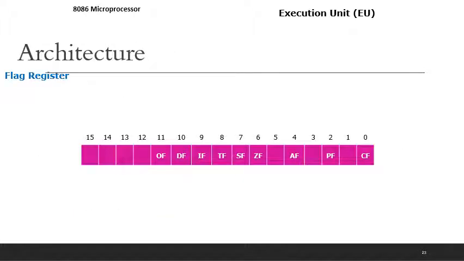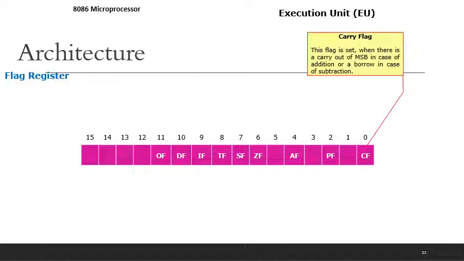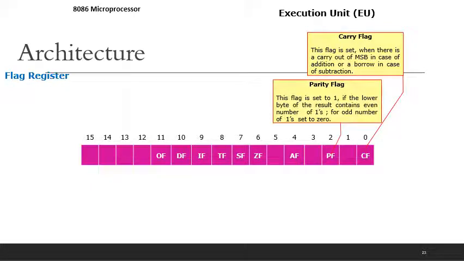Let us discuss the flag registers of the 8086 microprocessor. Carry flag. This flag is set when there is a carry out of MSB in case of addition or a borrow in case of subtraction. Parity flag. This flag is set to 1 if the lower byte of the result contains an even number of ones.